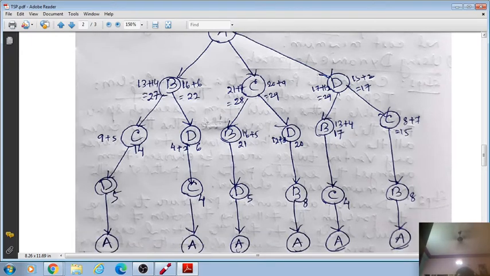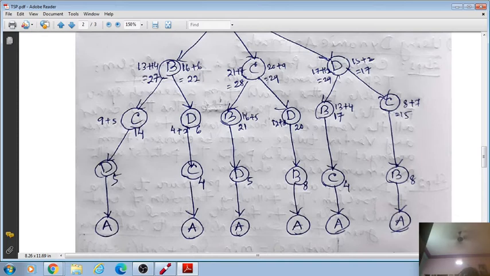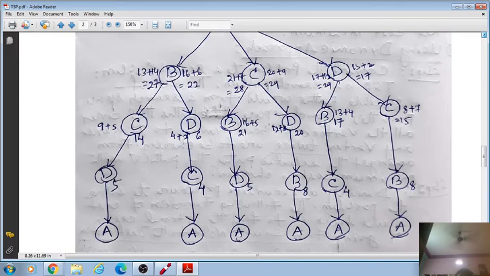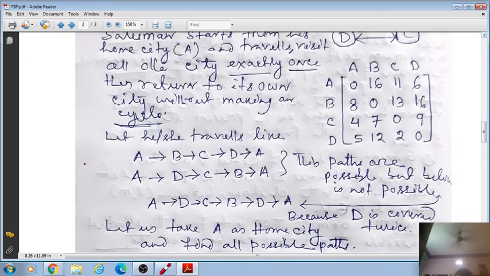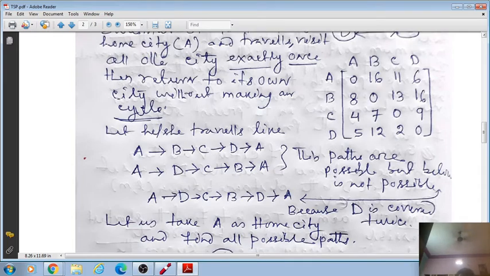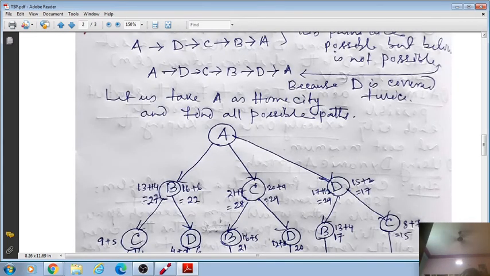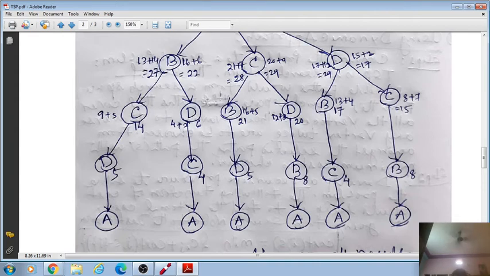So how are we calculating the distance? Let us see, returning to home. What path covers the cost? So what is the D to A value? You will see it in the adjacency matrix graph. D to A is given as what? D is how much? 5. So I have taken 5 at the point D. Then from C to D how much? C to A total path I will find. At the D point it is written 5. So C to D is how much?